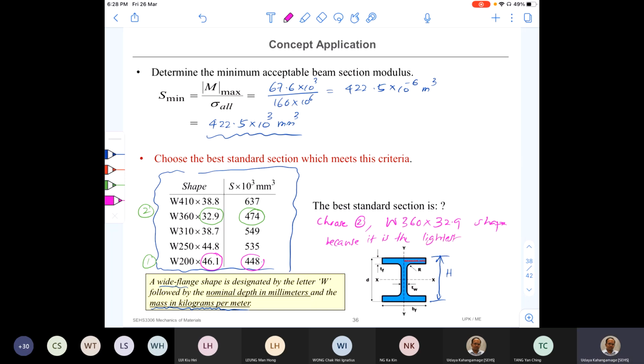It is the lightest, right? That is why. The section modulus requirement is provided, the minimum section modulus requirement, and it is the lightest. Okay,